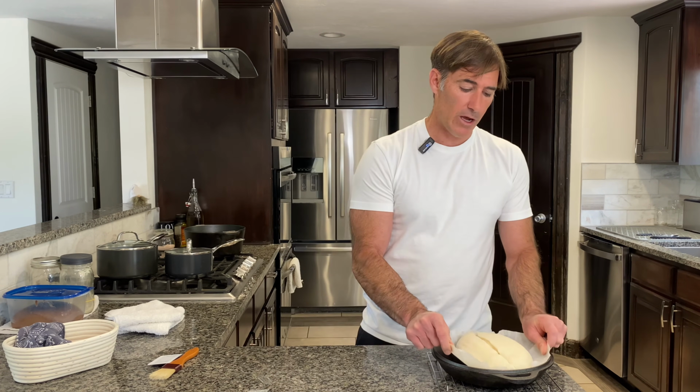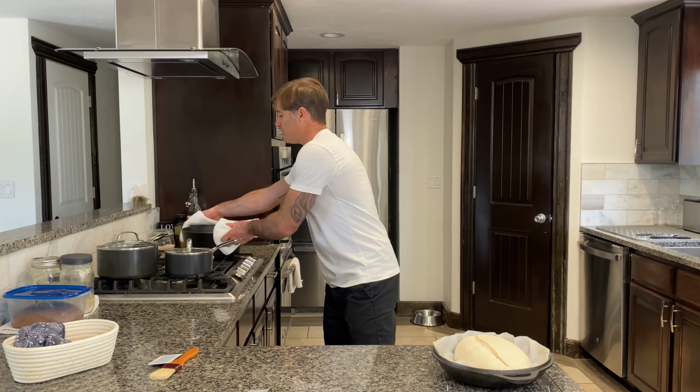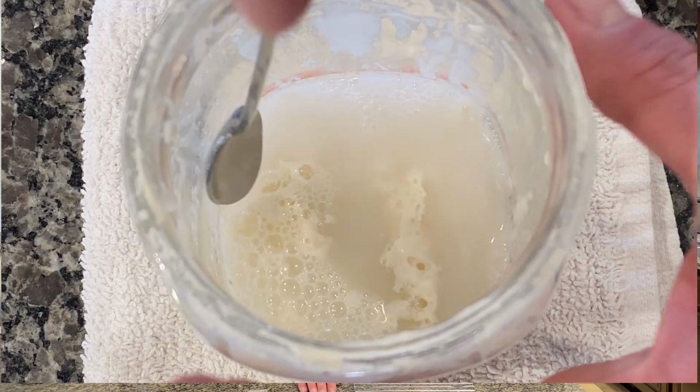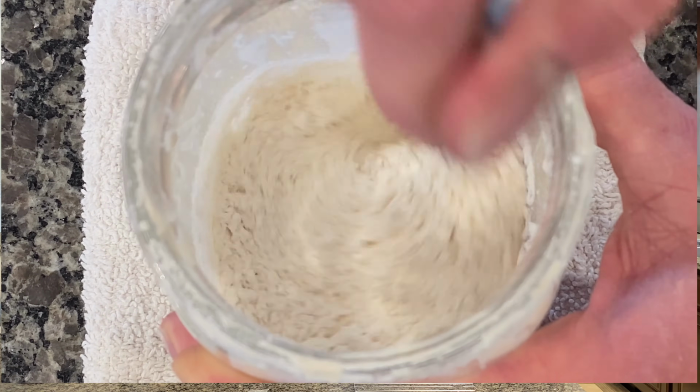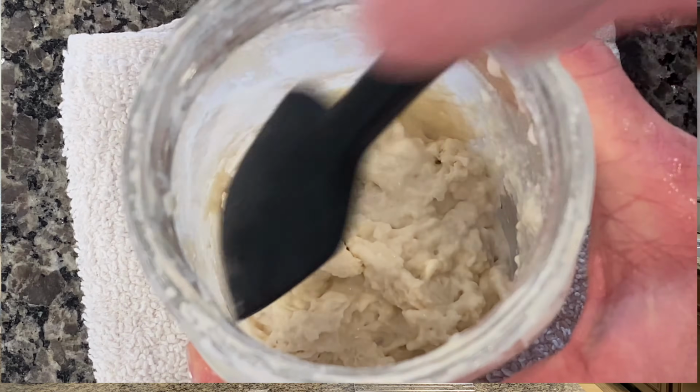I'll talk a little bit more about the bread recipes and the percentages that make them scalable. So at 8 or 9 p.m., I feed my starter a 1:2:2 ratio. I have 40 grams of starter in the jar. I mix in 80 grams of water, stir it thoroughly, combine it so my starter is distributed into solution, and then I incorporate my flour. Mix, scrape down the sides, mark it with a rubber band, cover it loose with a lid,